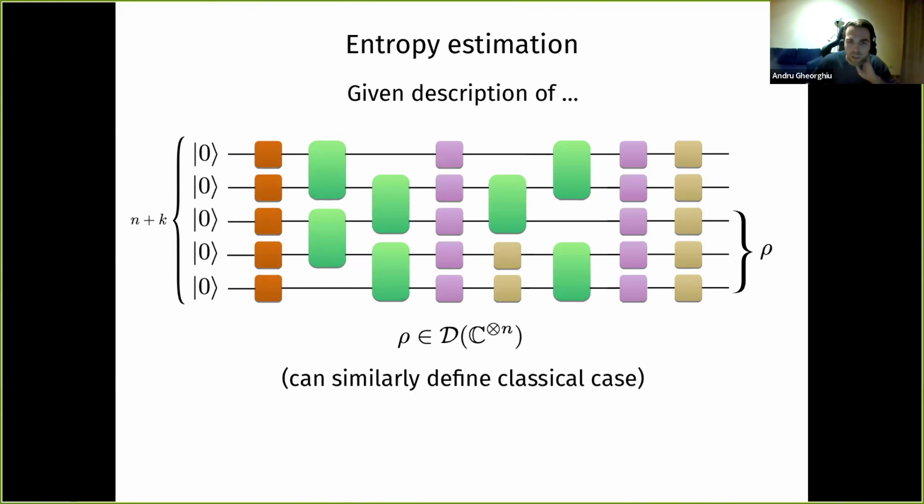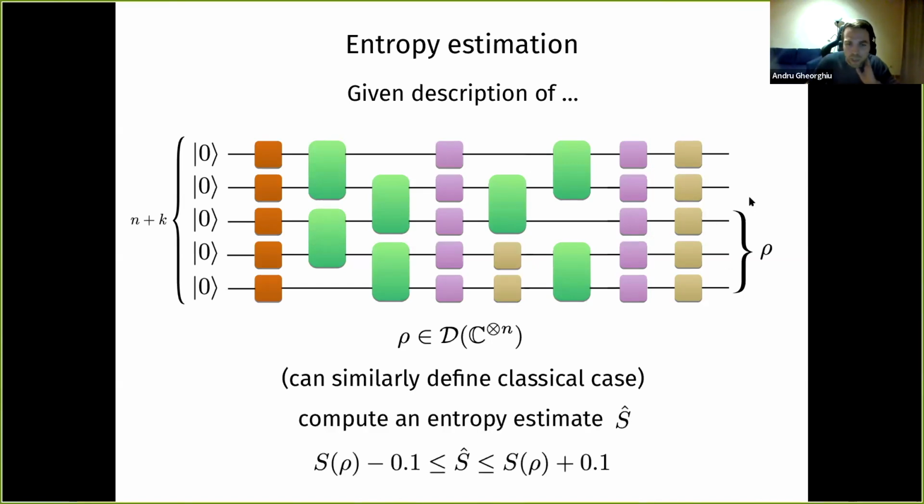And in the classical case, you can also consider as input a classical circuit, but there, if you want to have some entropy in your output, your inputs should be random bits. So maybe also 0 bits, but also uniformly random bits. And again, you have some output probability distribution there. In both cases, the task is, given as input the description of this circuit, you should output an entropy estimate for either the quantum state rho or the probability distribution.